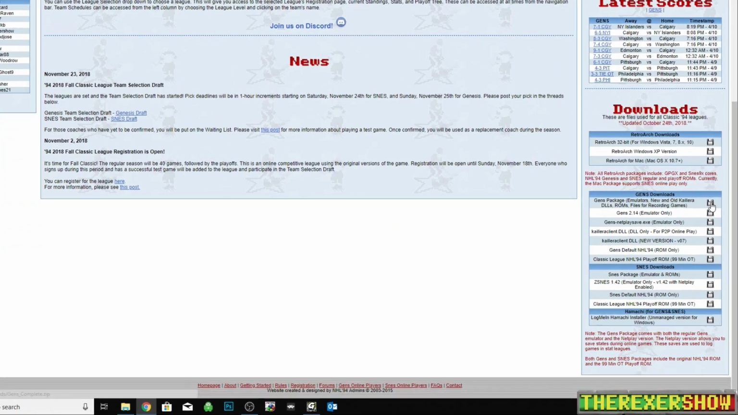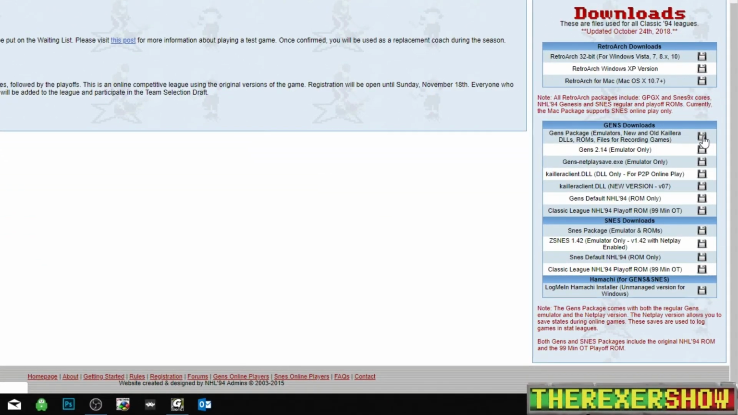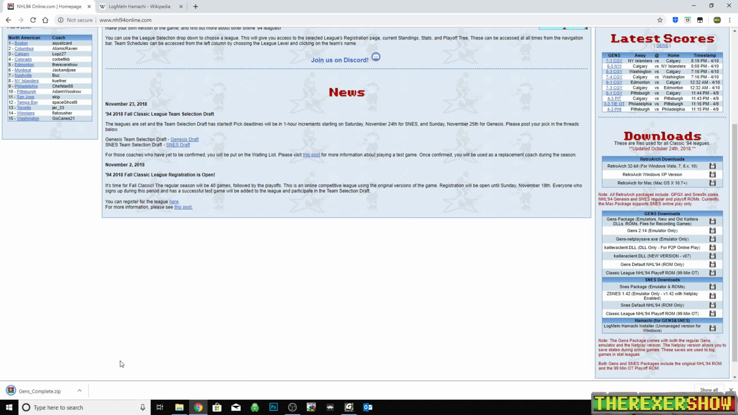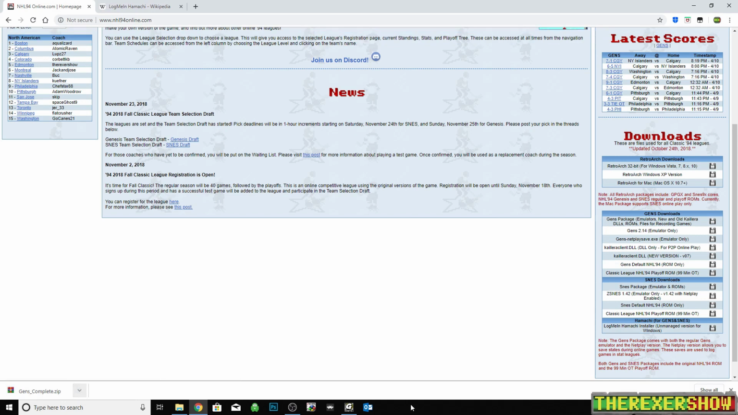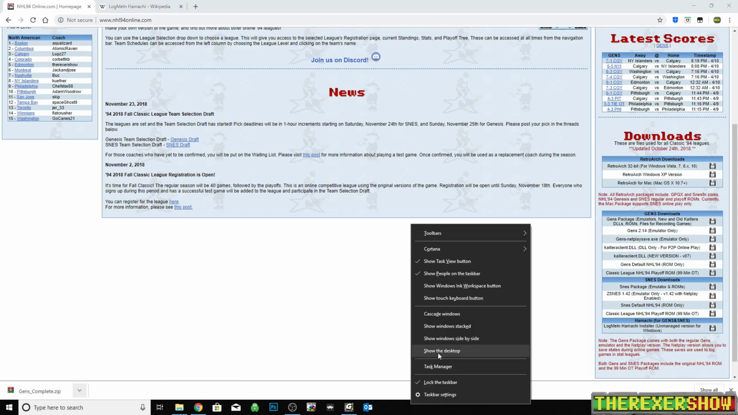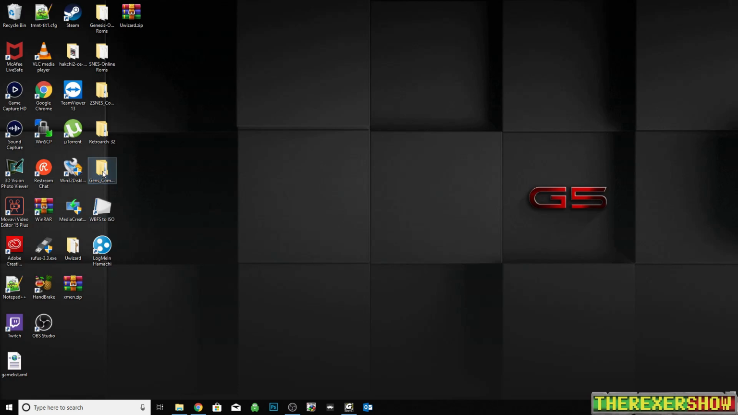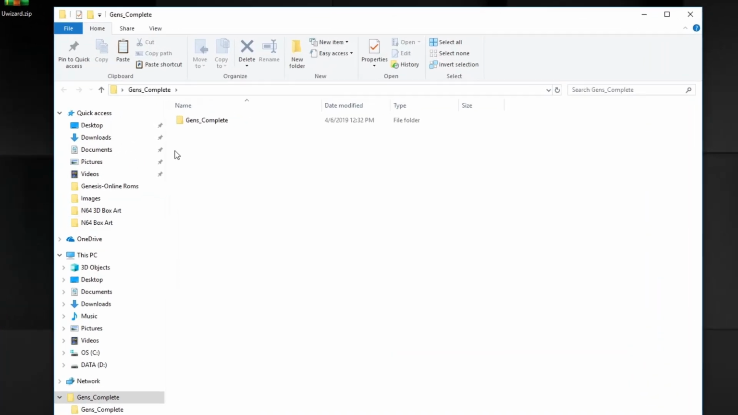You're going to want to grab this Gens package. It's got the emulators and the ROMs and the files for recording and all the stuff you need. So you're just going to click on here. It's going to be a zip. You're going to take the zip and extract it. When you extract it, it's going to look like this. You're going to have a Gens complete folder,